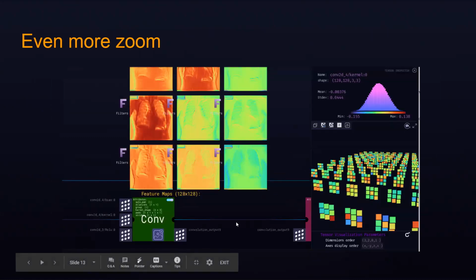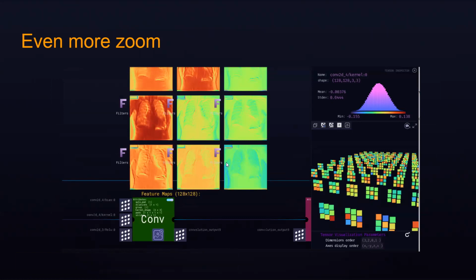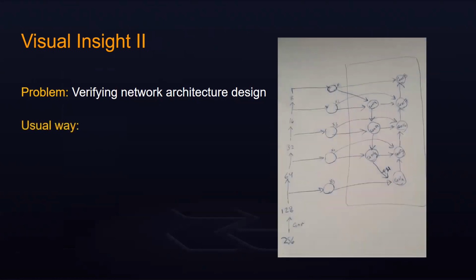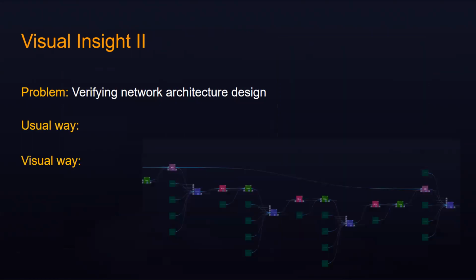And if we zoom in more, we can see the tensors for each layer and all the statistical parameters of the tensors, and we can see visual weights. We can visualize weights and biases and all the tensors, inputs and outputs of all the layers in the network. And this is another example of how we can use visualization to verify the network architecture design. We usually use a piece of paper and draw the architecture on that. But by using visualization in Zetane Viewer, we can easily see the network architecture and make sure that the design